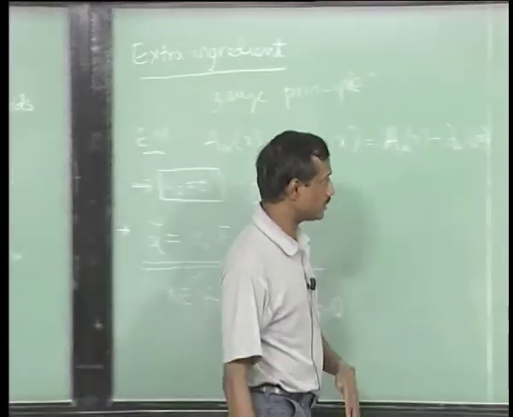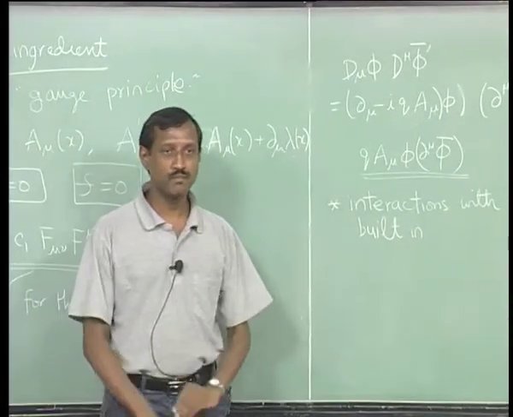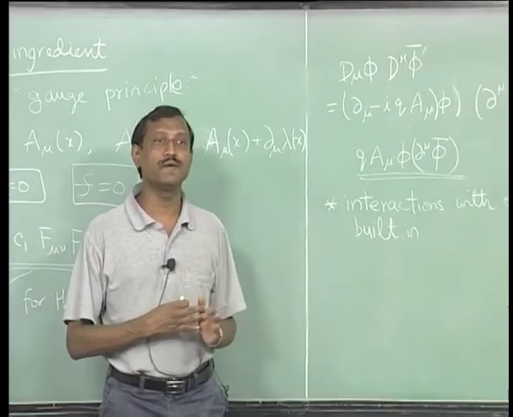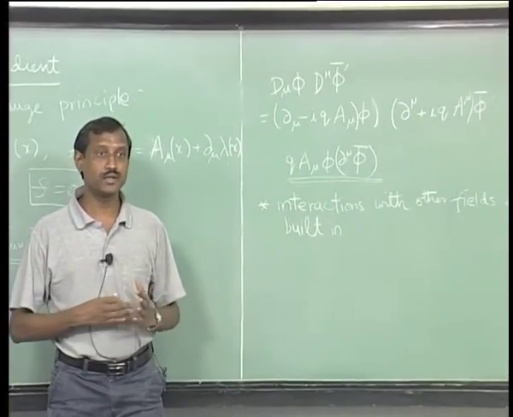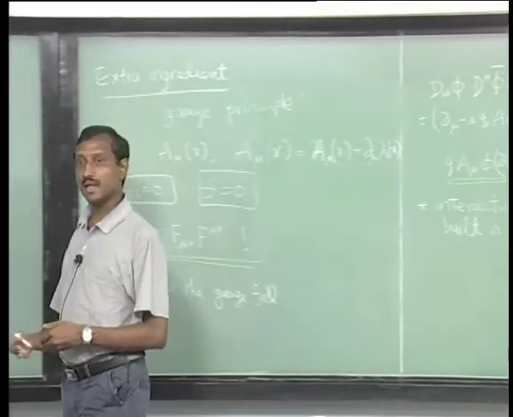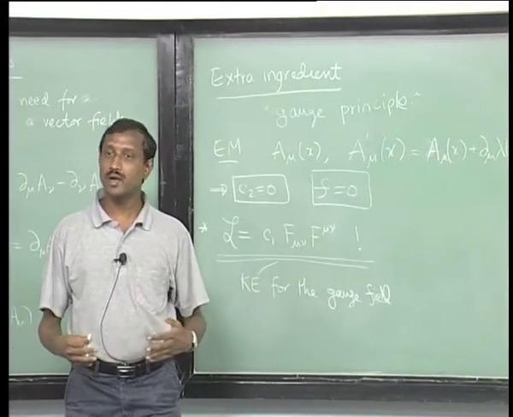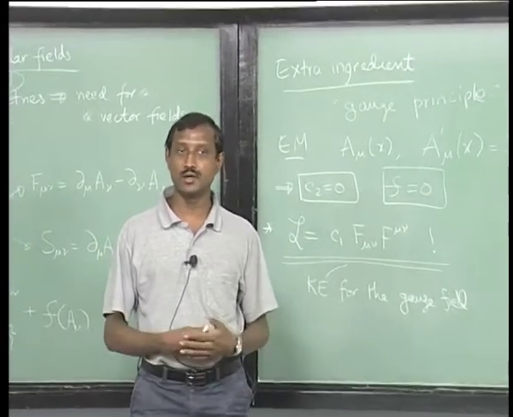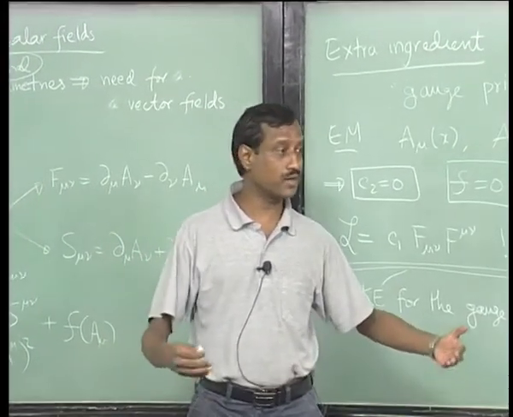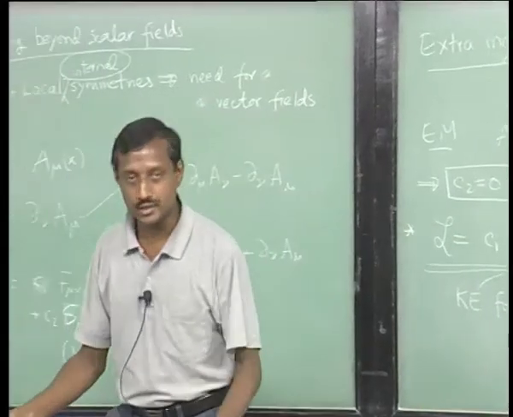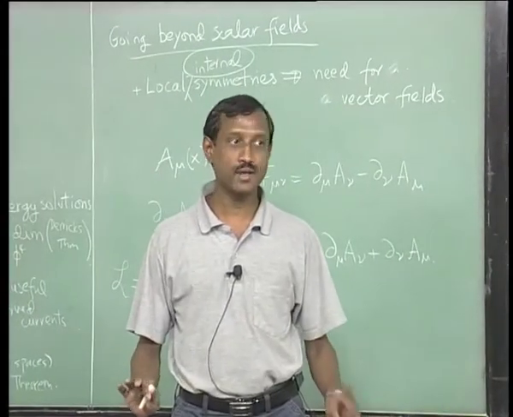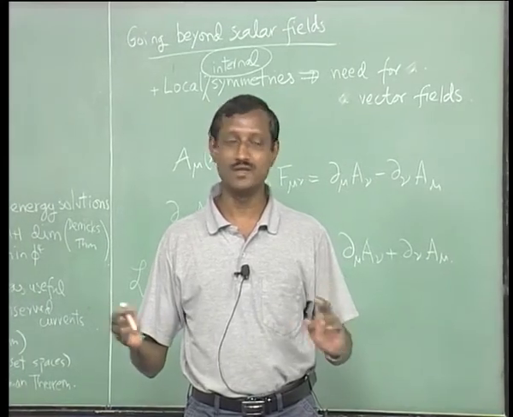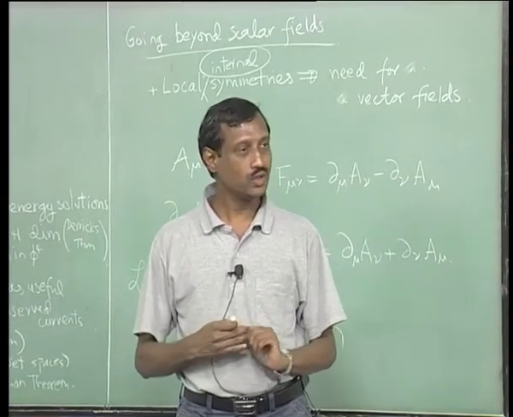There are situations where this happens, but this straight-ahead approach actually works so well that it leads you to a framework where you can describe all the basic interactions in nature. We can describe all of them except one. Guess which one? Gravity. Okay, gravity, there is an issue, but